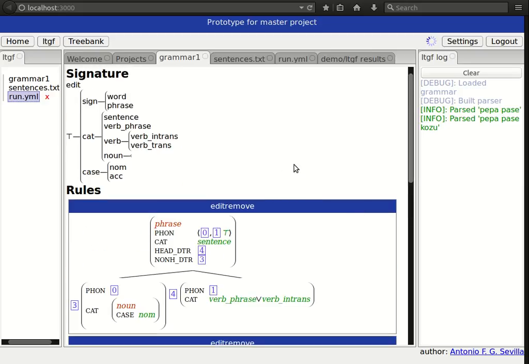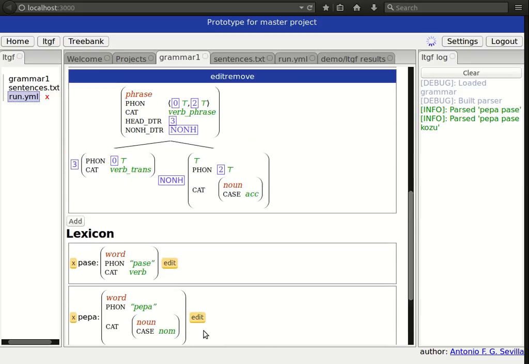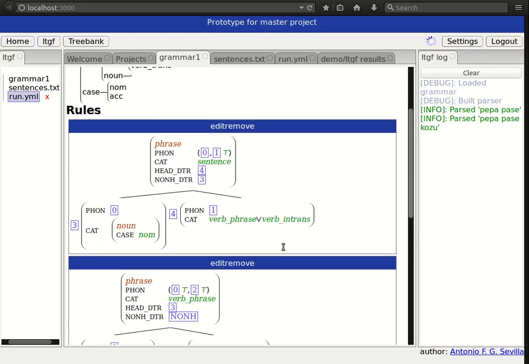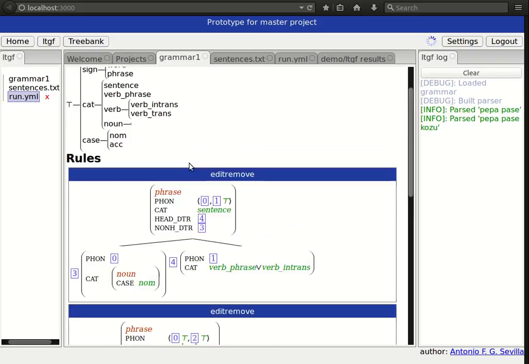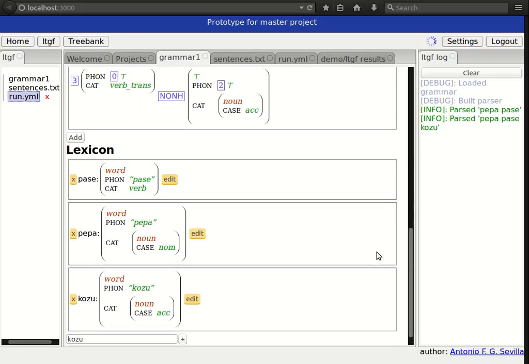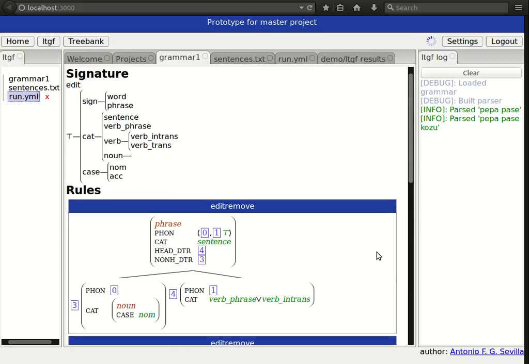So we have a kind of complete system. We have a lexicon, we have a signature, we have some rules. We have these junction objects, which are a bit tricky to implement, but they've been made. There's mostly everything that we need. There's just some little things missing, like principles, but that will be for the next